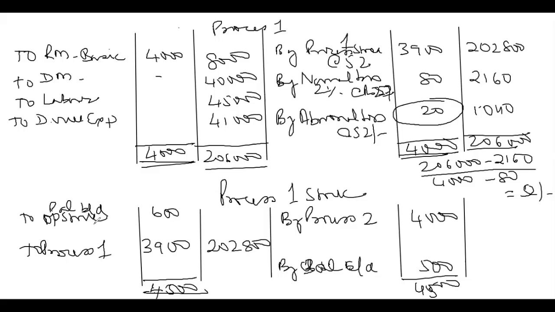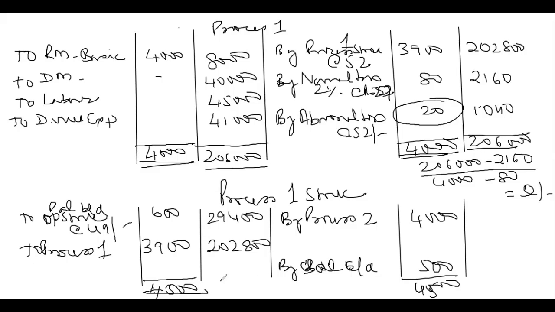Now here, they have told this one should be valued at what price? The opening stock should be valued at 49. It is given, you look at stock valuation, 1st April is 49. The 49 of this is how much? 29,400. Now they are saying this one should be valued at weighted average.